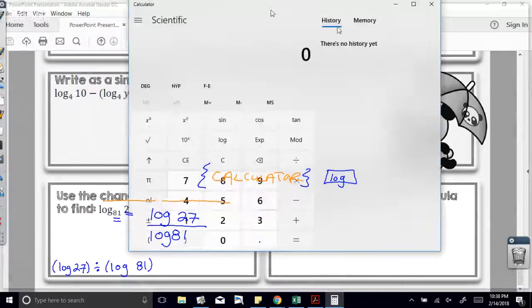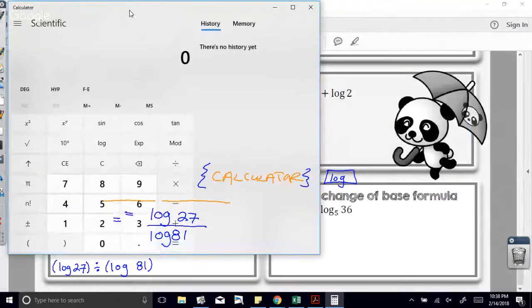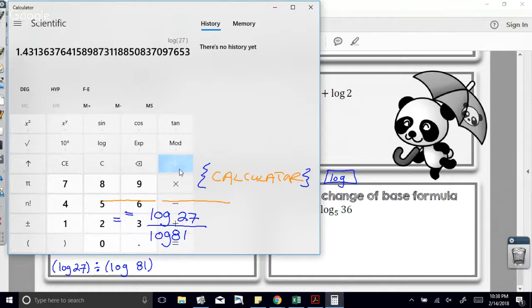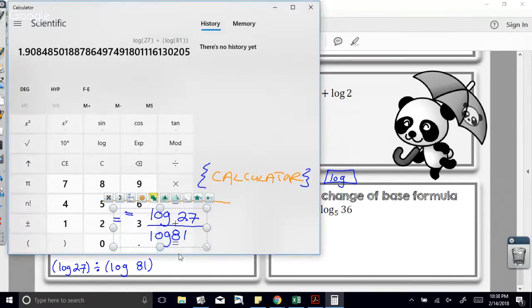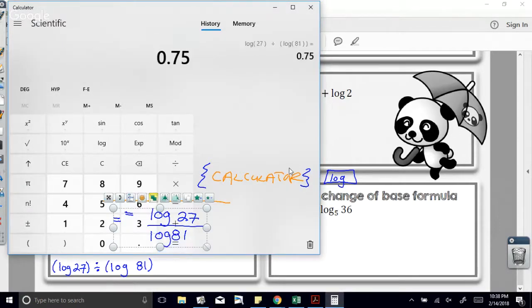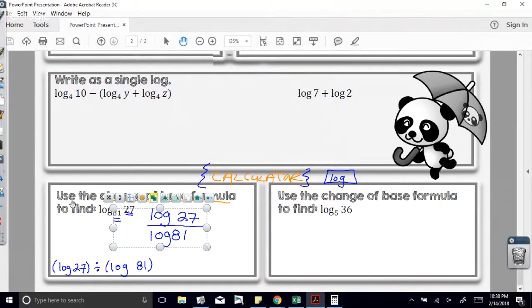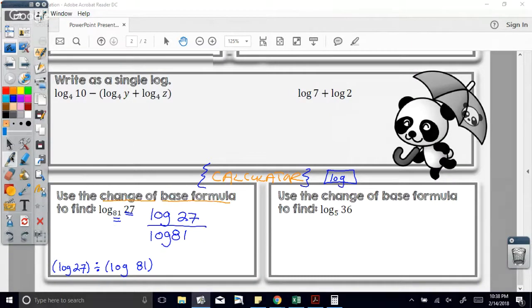Okay, so when I do this, again, I'm going to do, for this calculator, I think you do 27 log, you get an answer, divided by, parentheses, 81 log, close my parentheses, hit enter. I get 0.75. Okay, so the answer to this first one,